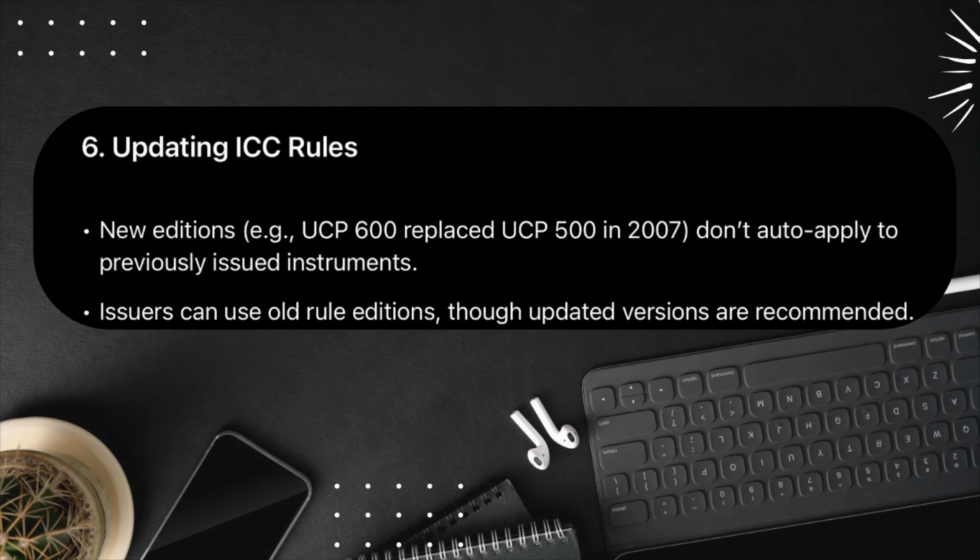Now let's see what amending rules means. As the rules are applied by contractual incorporation, they can be modified by the text of the instrument. Modification can be made in two ways. First, excluding specific rules. For example, stating "Article XYZ of URDG 758 shall not apply." There may be an express amendment or exclusion of specific rules.